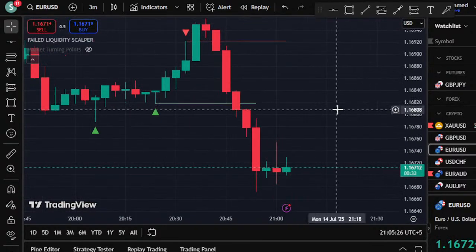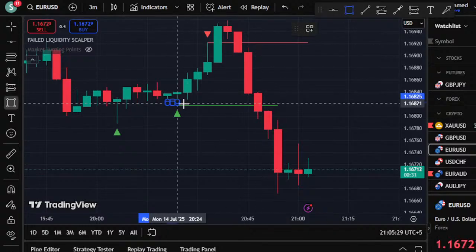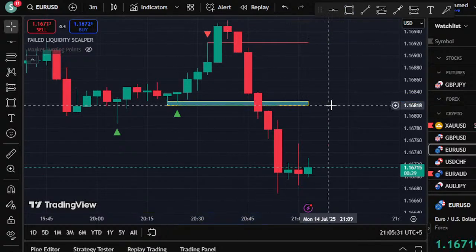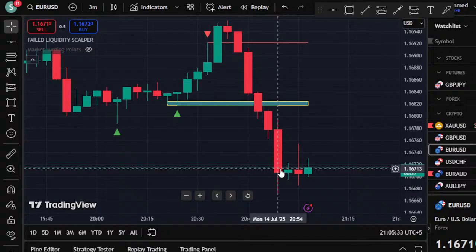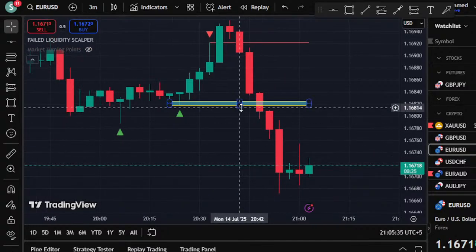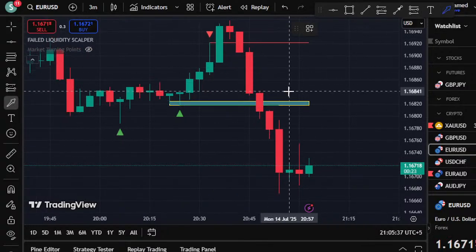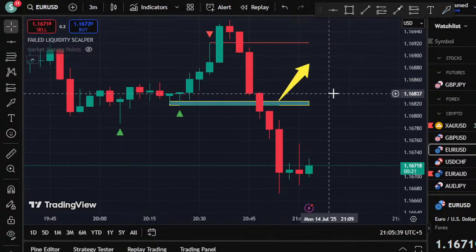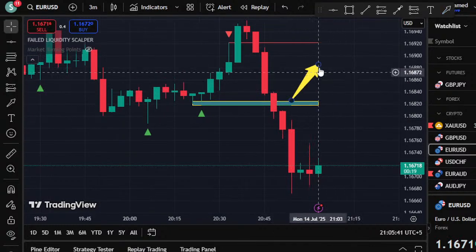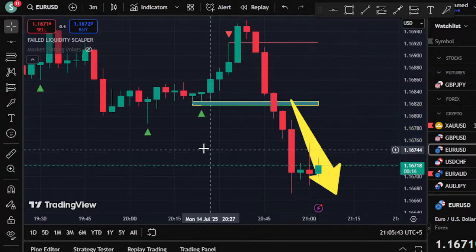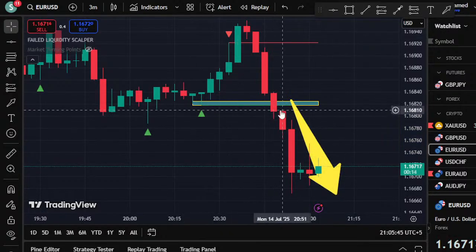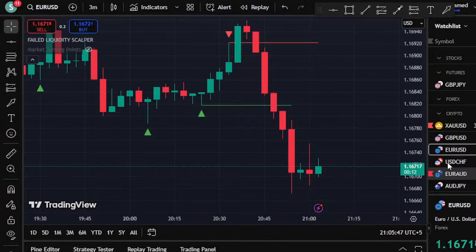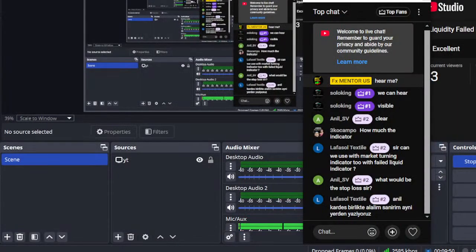Okay, look at this one, Euro USD. The price breaks below. What happened? This is simply down. No need to buy, because here the retail trader is buying and they are making you fool, because this is the bank tactics. So you need to sell here, and my indicator is advising you that this is the break for a sell. This is not a break for a buy.